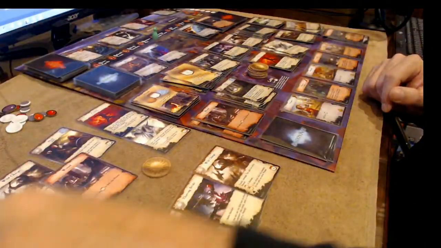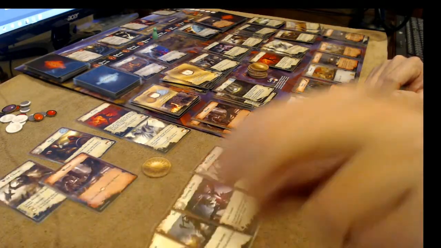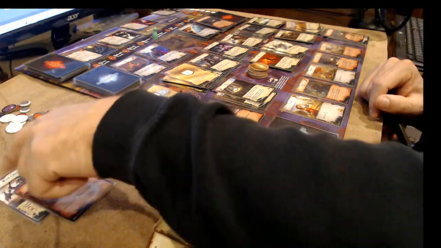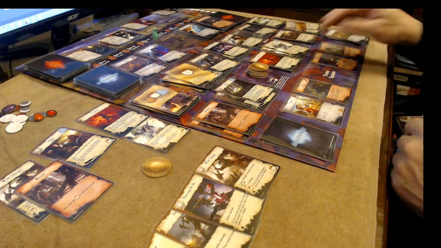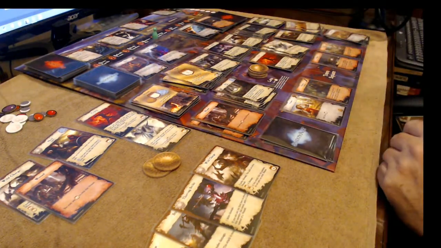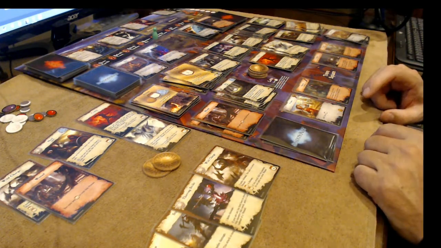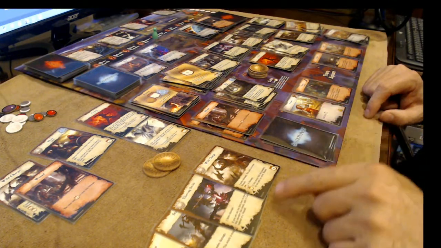This is going to go to player 2, our heroism token. And, we can't do another action. We're going to pay the merchant to get a cold coin. Now, is there a way to... I think there's a way to...